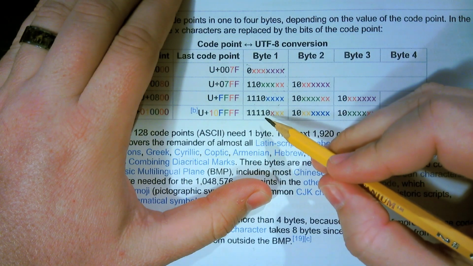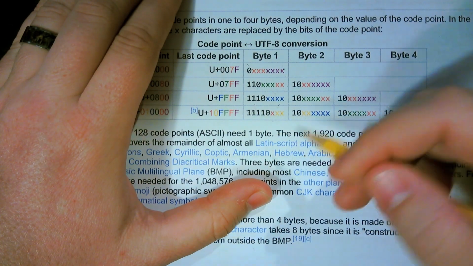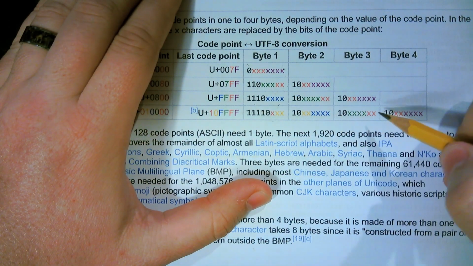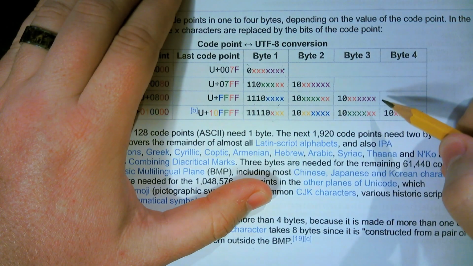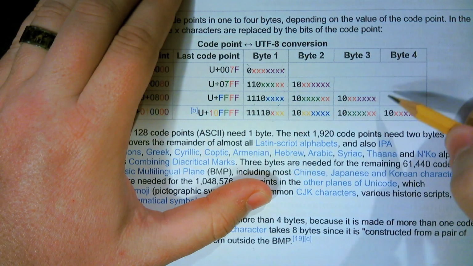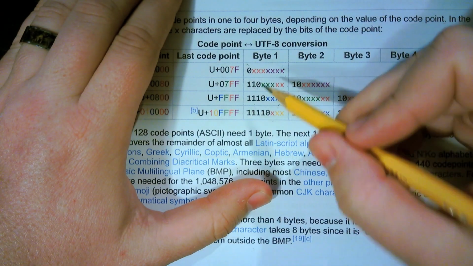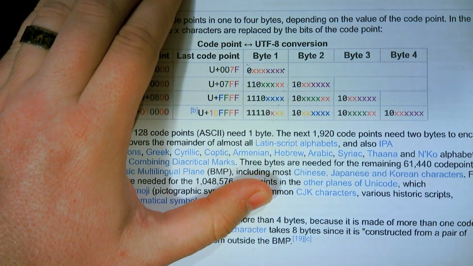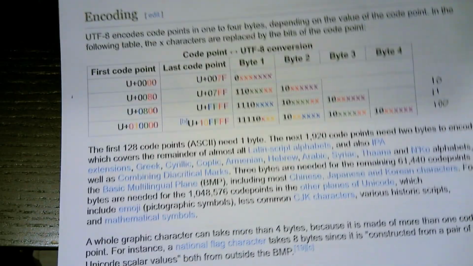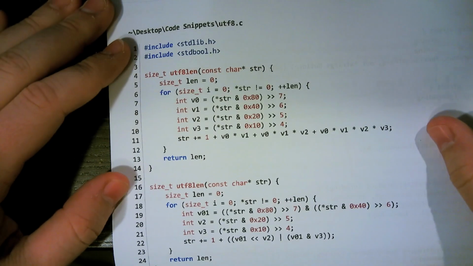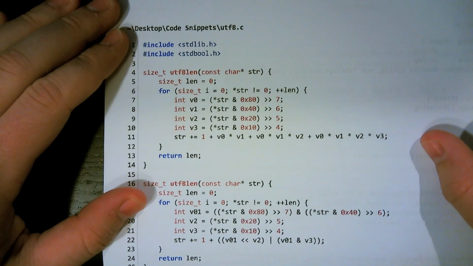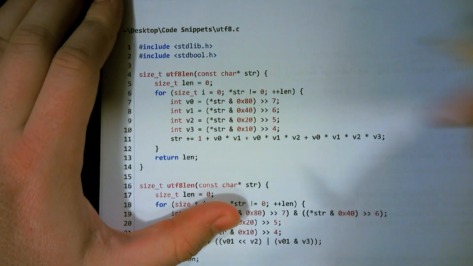If we have 4 bits on in the beginning, then we know we have 4 bytes. If we have 3 bits, we know that we have 3 bytes. If we have 2 bits, we know that it is 2 bytes. So we can take that information and now look at what we have here for our UTF-8 length